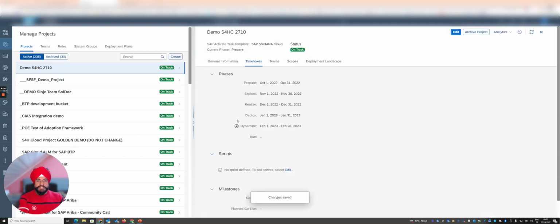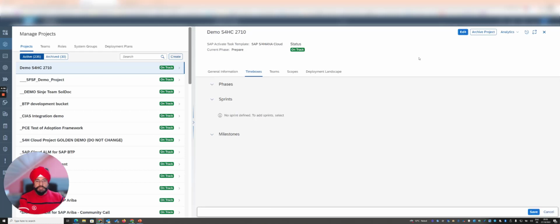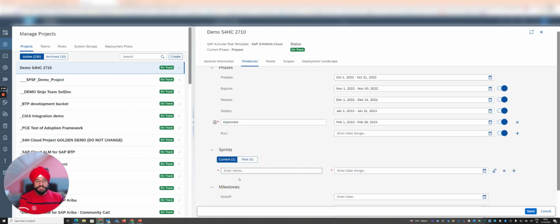So you can see the methodology and tool is flexible. You get a different icon, custom phase, and the tool automatically sorts it so that it's shown after deploy and before run. And the tool does that by looking at the dates. You can decide if you want to use sprints or not. We highly recommend you do. And again, I'll have a detailed video on how to use sprints, but for now, maybe let's have sprints only in the realize phase, which is more common. So I'll just create